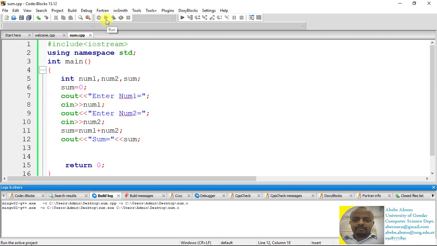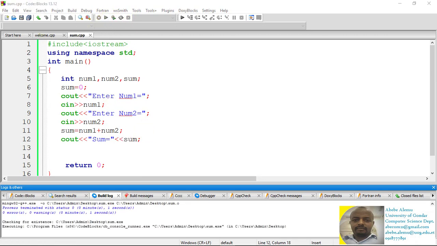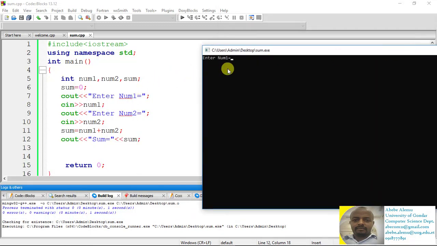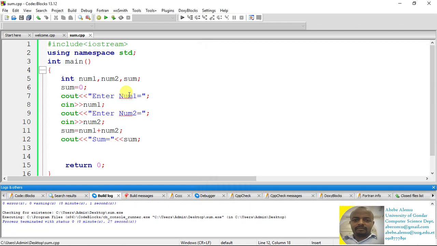Let's have a look now. Start, run, see, enter num1 will appear, so we are going to provide the value of num1. Enter num2 will appear, so we are going to provide the value of num2. So finally, as a sum, we will get the result: sum equals 14. So usually the output statement will make your program readable. Depending on the kind of problem that we are going to solve, depending on the kind of program that you are going to write, we can have